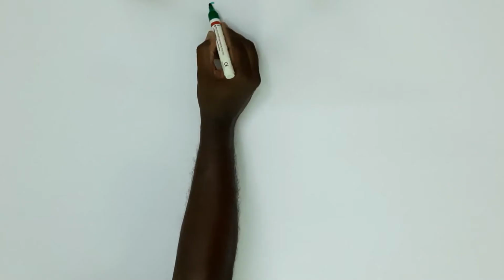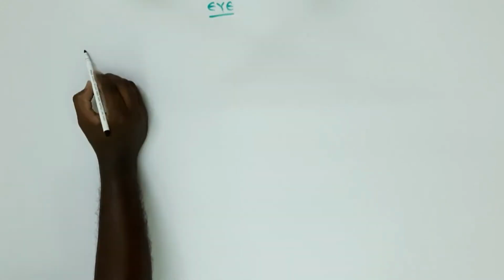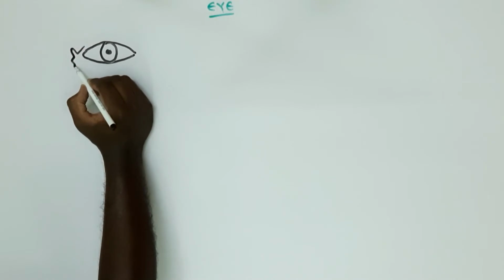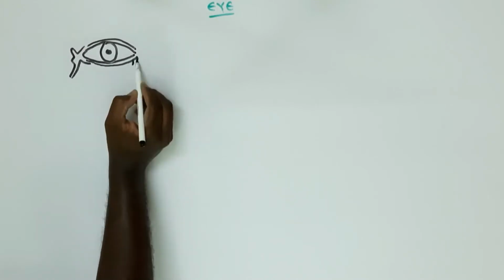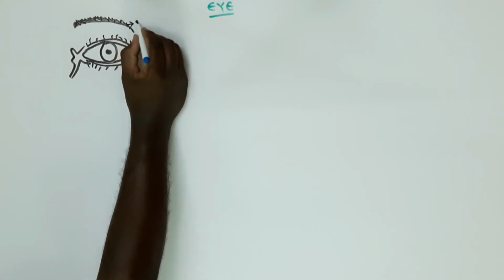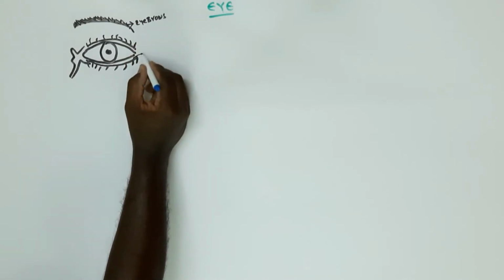Let's get into the topic. Today we are going to deal with the eye. The eye is spherical in shape and around 2.5 centimeters in diameter. The bony wall of the orbit and the fat help to protect the eye from injury. Now we are seeing in our diagram the eyebrow. It is an arch transversely above the upper eyelid and helps to protect the eyeballs from foreign objects.